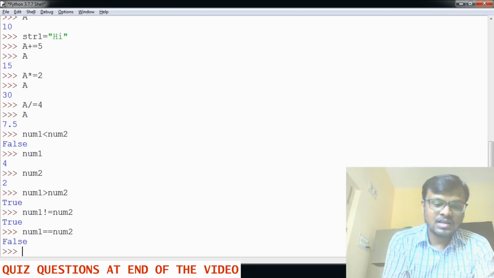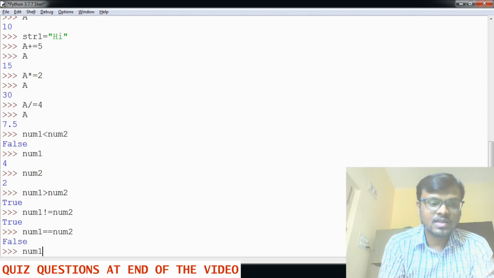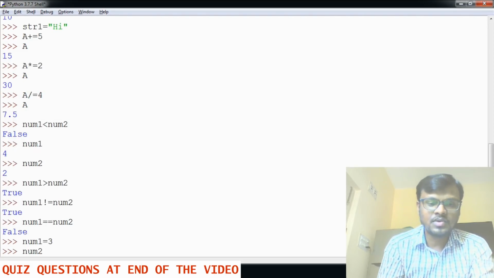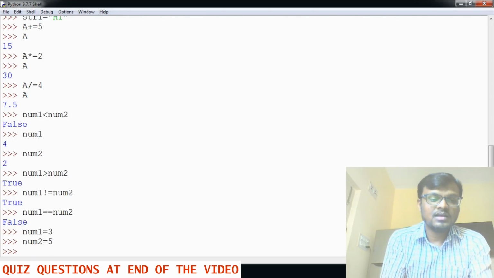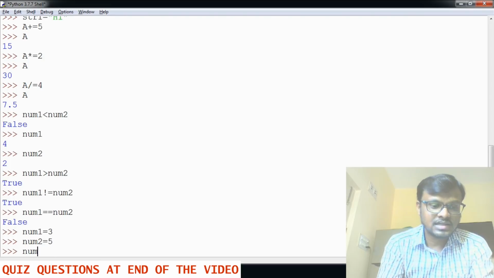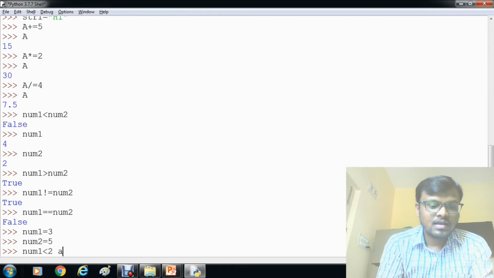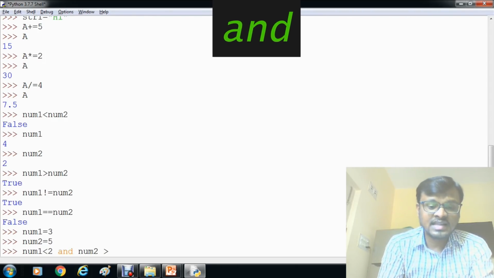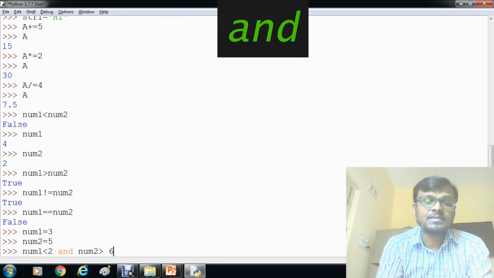For example, now num1 is equal to 3, and num2 is equal to 5. So first example we'll check num1 less than 2 and num2 greater than 6.